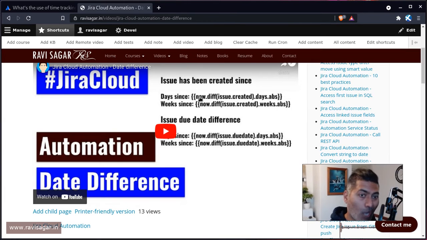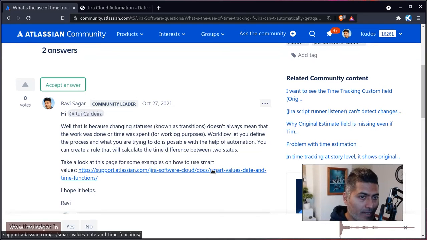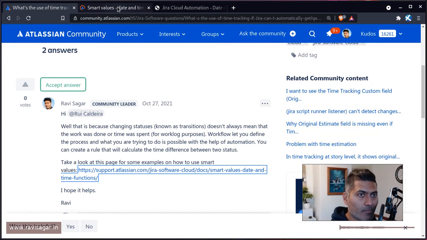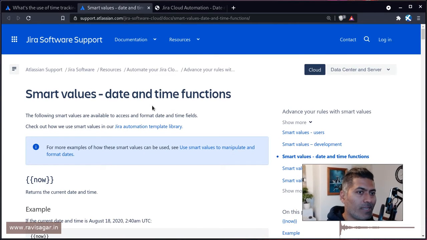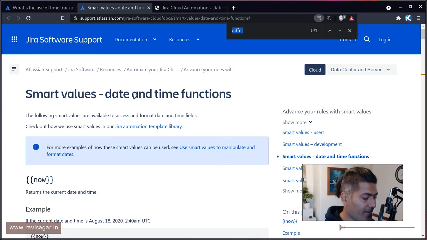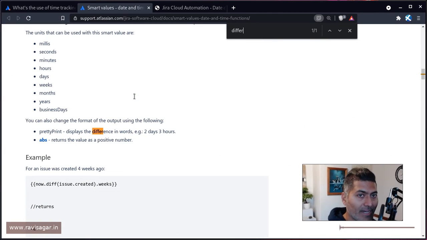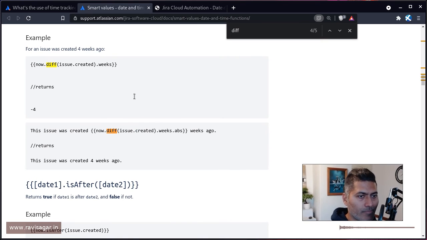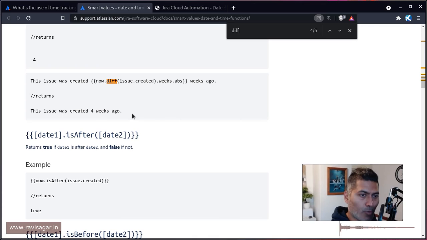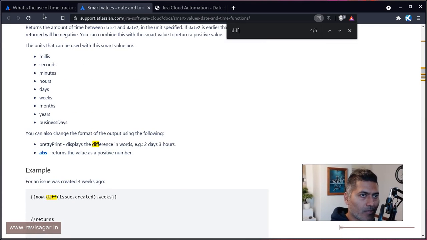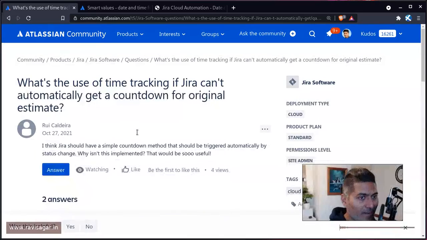I mean, this is of course using the now date, but you can always calculate this using any other date field. And if you want to learn how to play with the smart values, because we have to use smart values, I highly recommend you to take a look at this link. Here you can find things that will let you calculate difference between the dates, and of course this is something that is possible using automation, but I would still challenge and recommend that